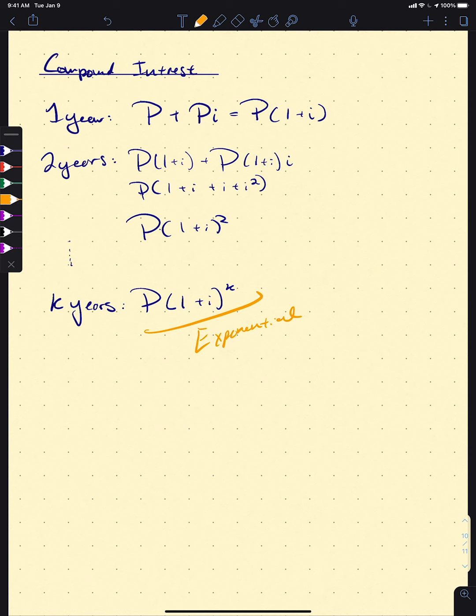We're able to understand the investments we're making a little bit better. So that's why we want to study this idea of compound interest, especially in this section, because it's directly applicable to investing things, and also it will give us a real life application to work through